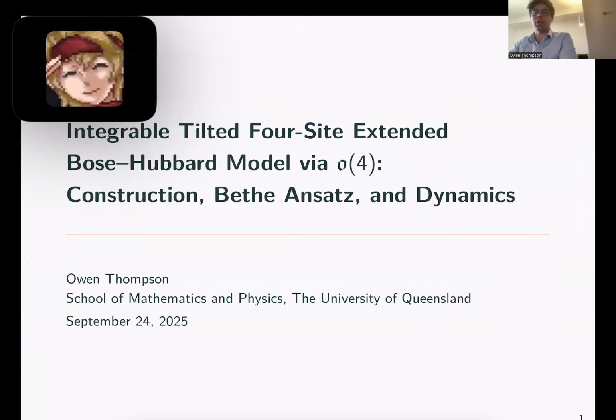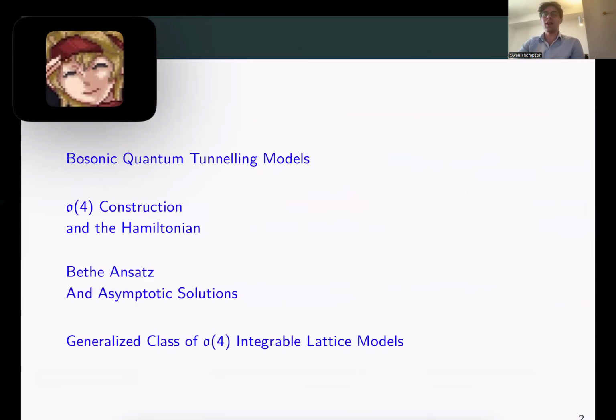I'm Owen. I'm going to talk about some work that I've been doing with John Links on looking at integrable bosonic models on four sites and trying to construct new families of integrable models with some new interactions. So just to give you a rough outline of what I'm going to talk about,